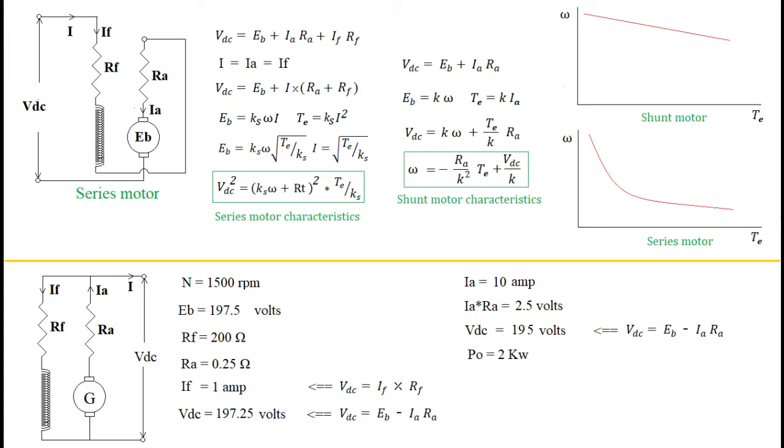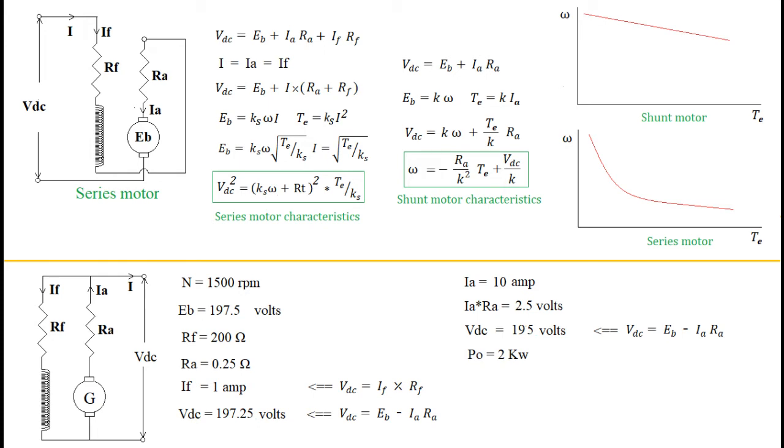But in case of the series motor, constant k for the shunt motor no more remains constant when connection changes from shunt to series. The reason is magnetic field phi is a function of load torque. This fact is reflected in the equations for the series motor by assigning a new constant Ks. This constant does not include flux phi in it. In this way, K changes to Ks and current I appears as an additional multiplying variable. These two equations for the series motor, one representing back EMF Eb and the other representing torque Te, are written on the screen in the second column.